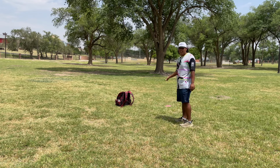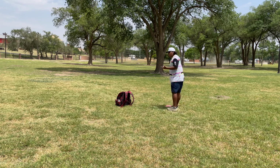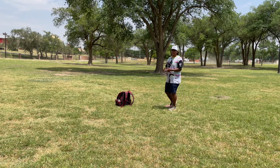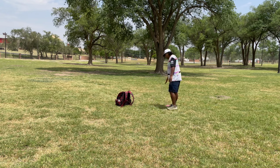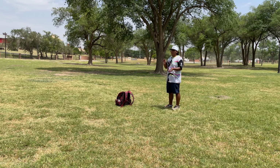I'm kind of surprised there's not a lot more people throwing the Scorch. This is also a main thing that I want to highlight with doing this kind of series. Some of the people that are throwing the lighter nukes, lighter destroyers, lighter everything, don't be afraid to be different. Throw something a little bit more flippier. Because honestly, the main reason I want to do this is because I want to start